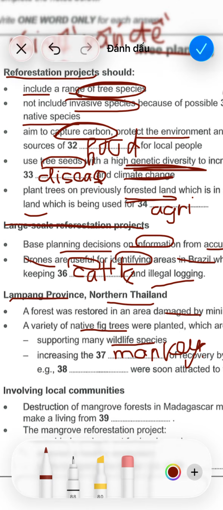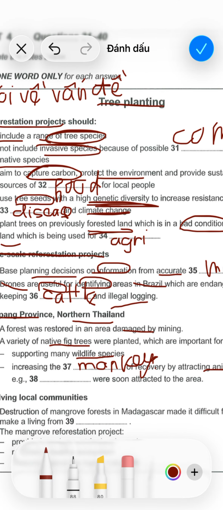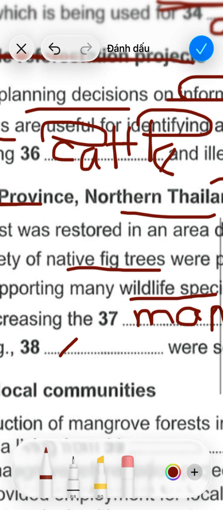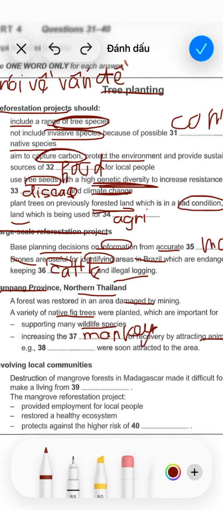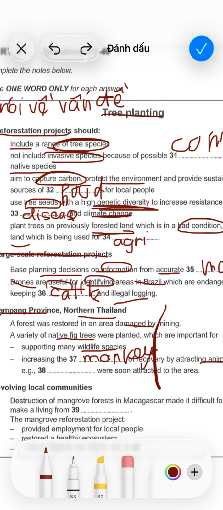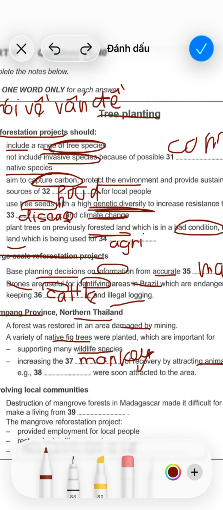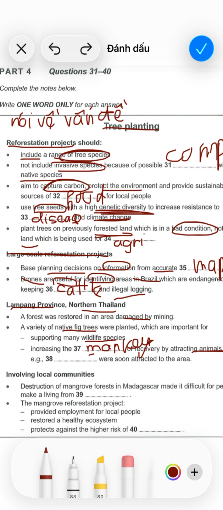Unlike the majority of fruit trees, figs bear fruit all year round, providing a reliable food source for many species. At this site, for example, after only 3 rainy seasons, monkeys started visiting to eat the fig fruits, naturally dispersing seeds through defecation.